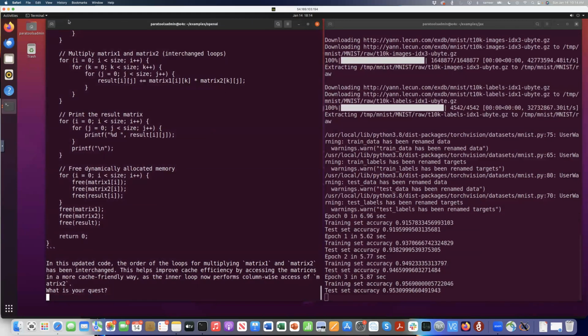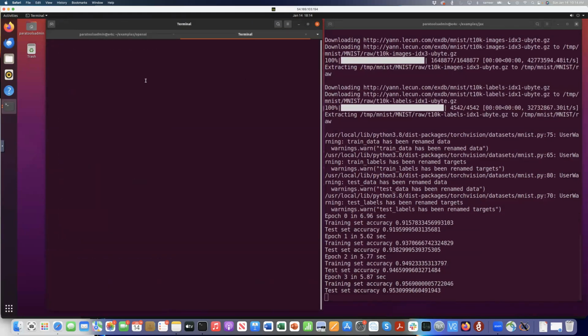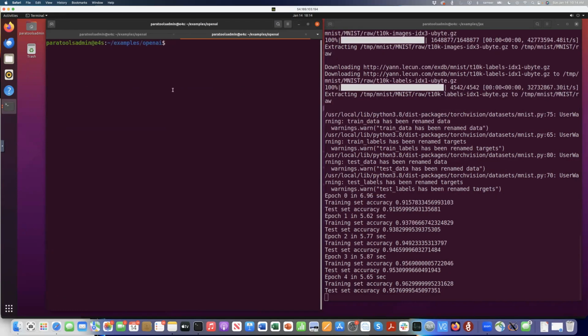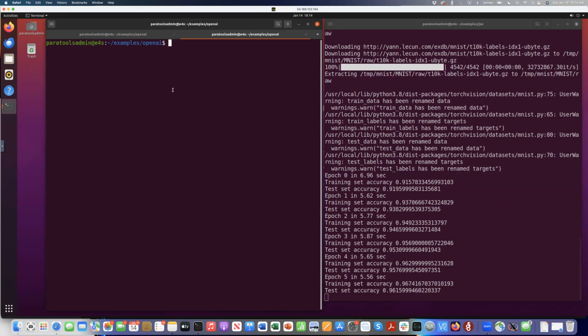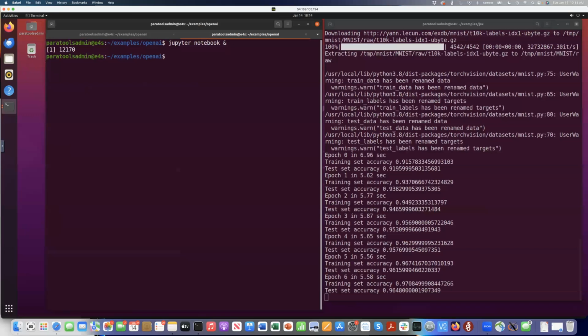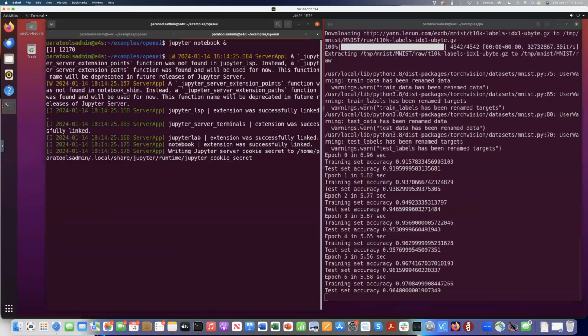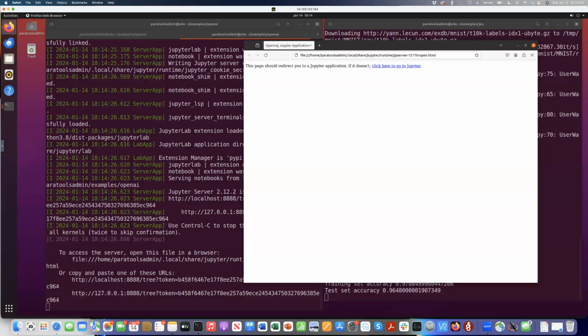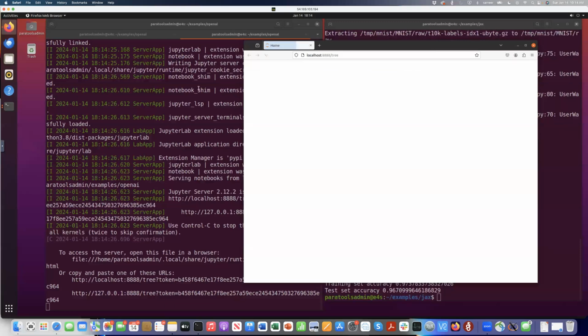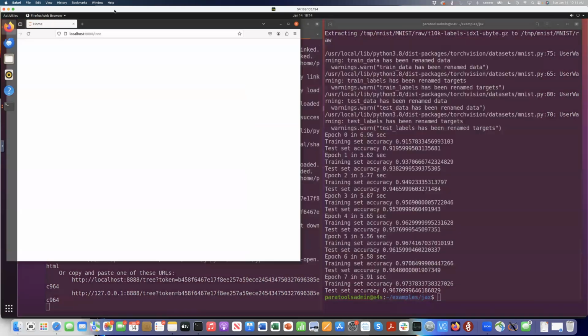And you can see the training data set. So to access all of these packages in the Jupyter notebook, I can simply say jupyter notebook and launch this. It will launch the web browser, and then we can run this in the web browser. Here is the output